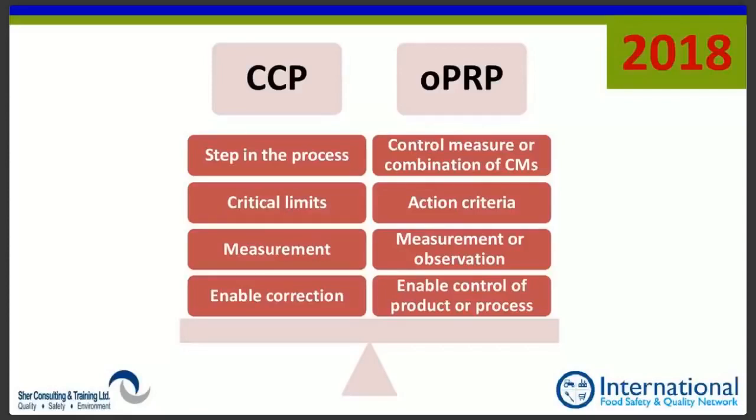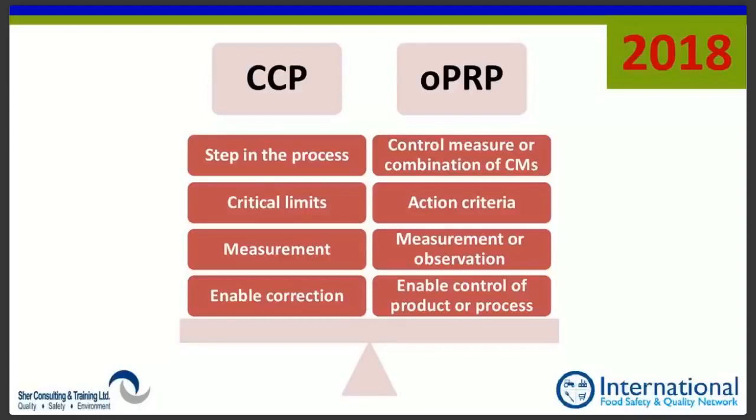Because we're not measuring something, there may be cases where we're talking about control of the product or process. And the way we understand that is, when we have a violation of a CCP, then we immediately stop, and our reaction is immediate. We know that we had a violation within hours, and it can be corrected. Sometimes an OPRP observation will happen at the end of the day, and it won't be as timely as a CCP. So then we don't say we can make a correction. We can just control the product or process.